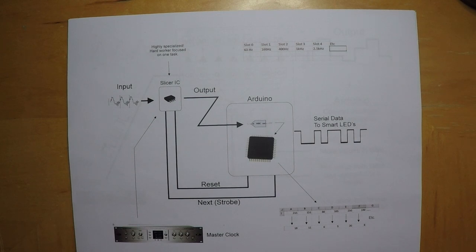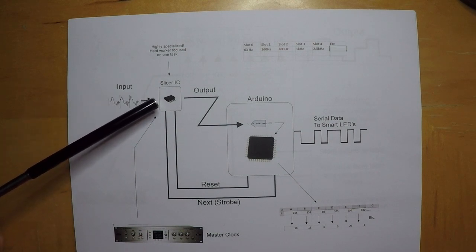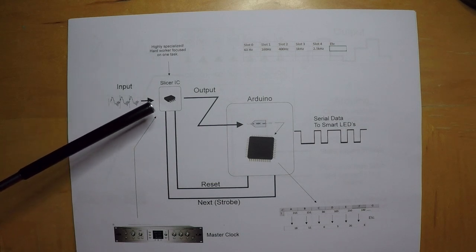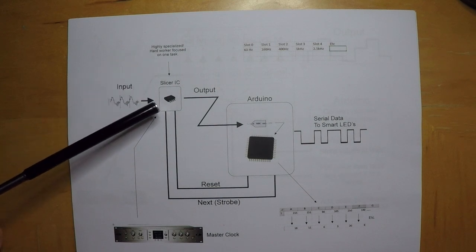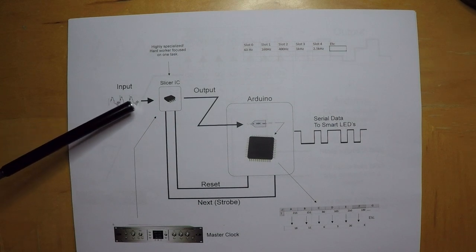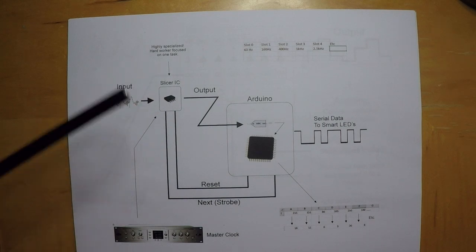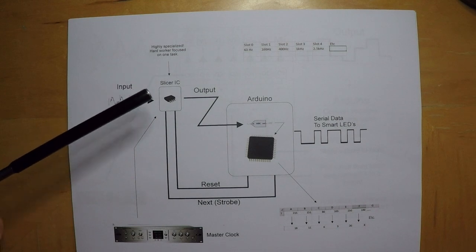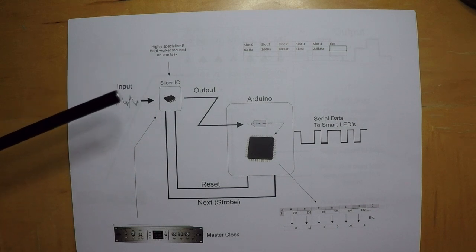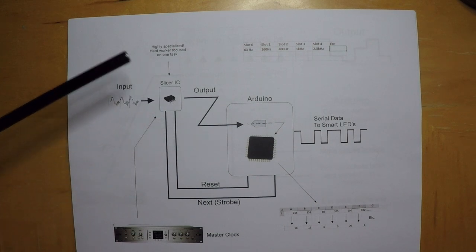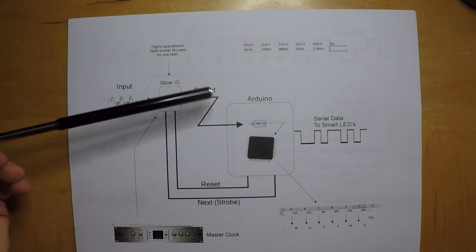Okay, we got some key players here, some dedicated specialized hardware. There's an integrated circuit here that I like to call the slicer. This is a highly specialized piece of kit, and it focuses on one task. Its task is to take an analog input that it's fed and slice that analog input into 7 distinct bands. It'll analyze those 7 bands, and then based on the amplitude or loudness that it finds within each one of those bands, it will give us some feedback on this output line.